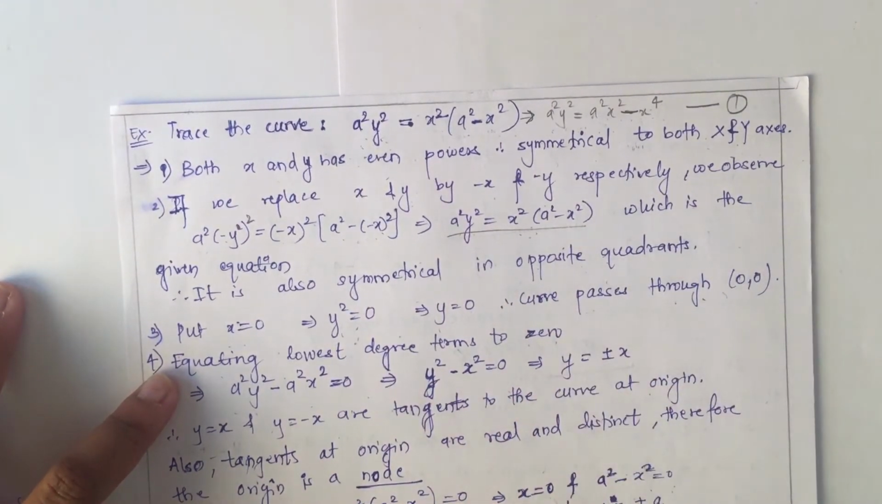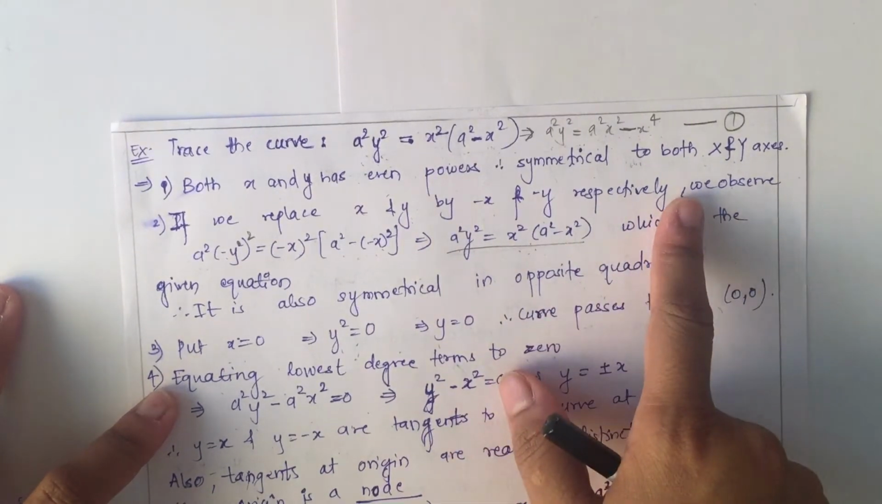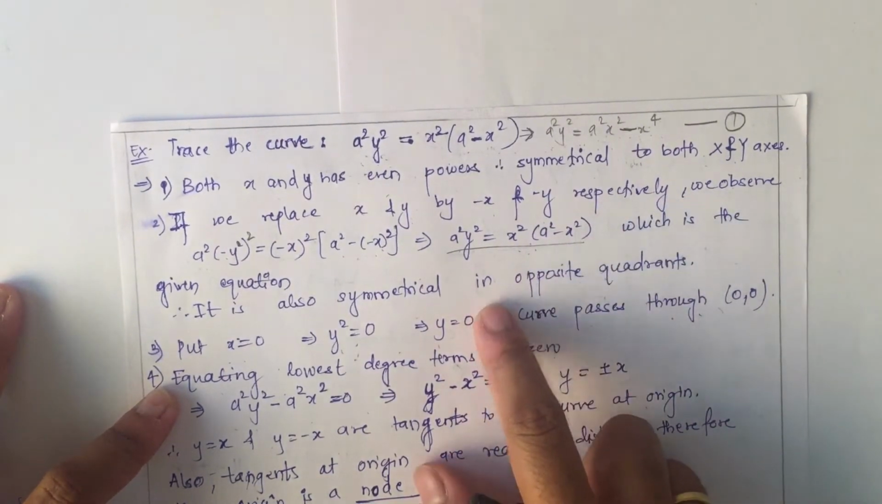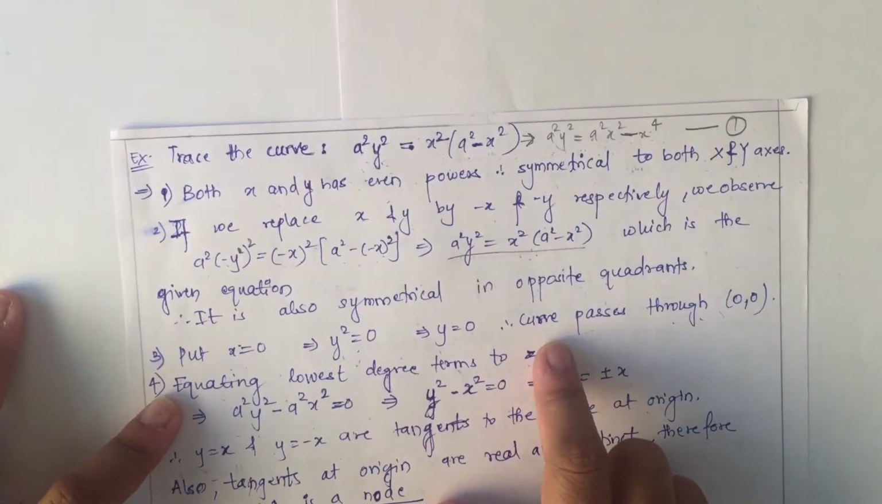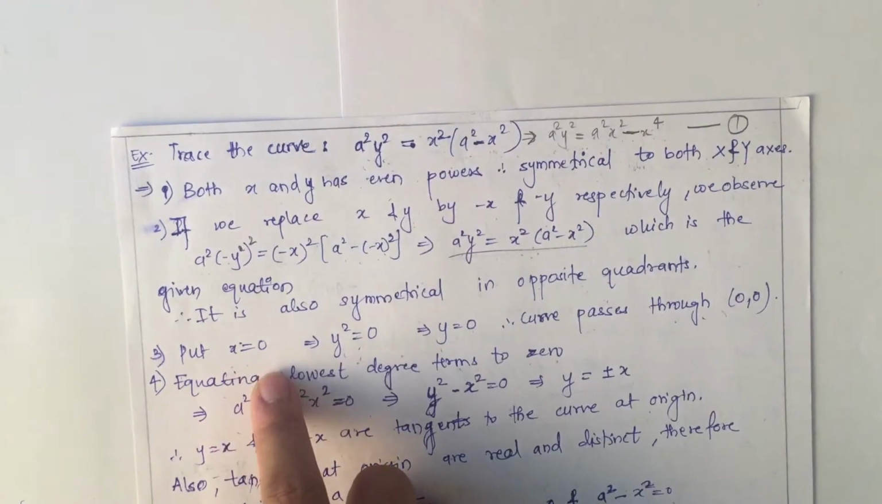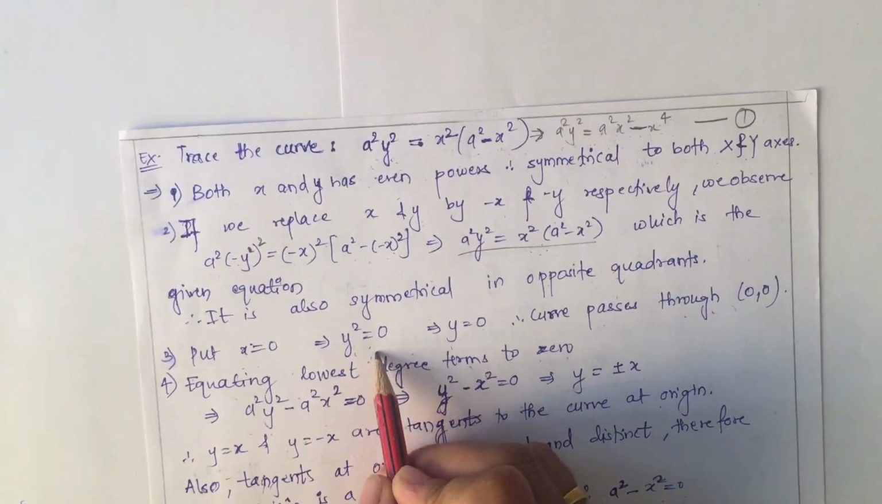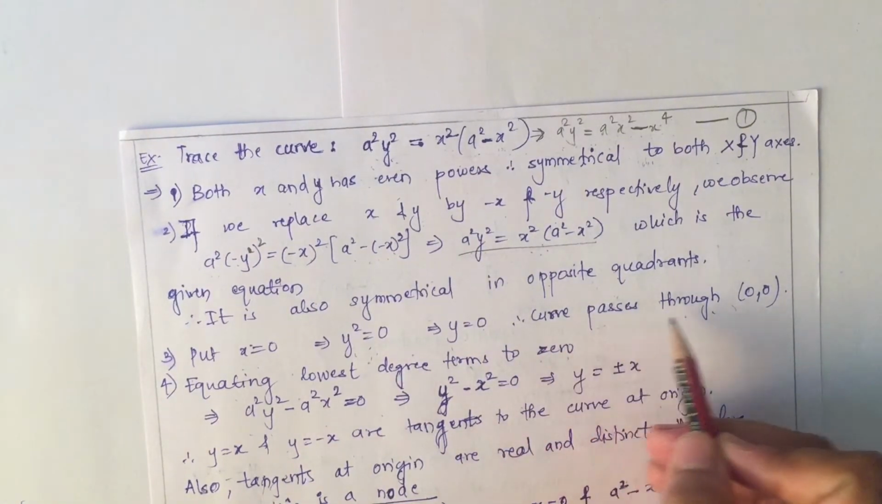So here two conditions of symmetry are satisfied. One, it will be symmetrical to both x and y axis. Second, it will be symmetrical in both opposite quadrants. Next, we need to check whether the curve passes through origin. So substitute x equal to 0. We obtain y square equal to 0, that means y equal to 0, therefore we can say the curve passes through